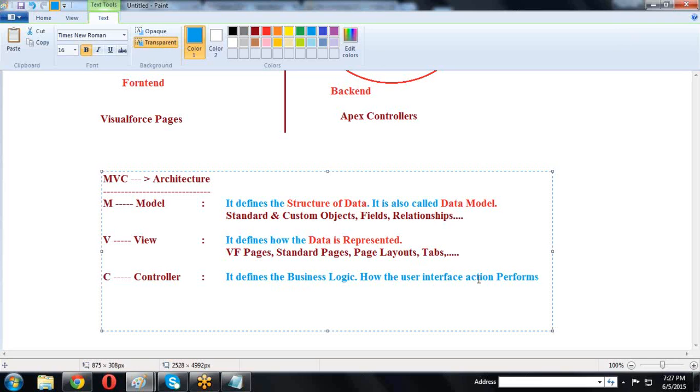Action performs. So mainly this is the business logic. For this we are using workflows, Apex classes, Apex triggers,